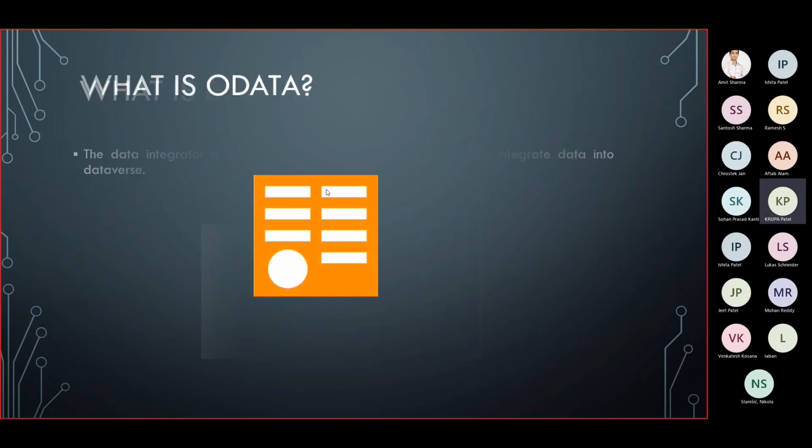So now we come to OData. But before we come to OData, there are a few things that we need to understand. First, we need to know what an API is. The term API stands for Application Programming Interface, as you are all aware. If I can explain it in one word, it is an interface. When you talk about an interface, it is basically a bridge or a common thing, or you can say a mediator, which talks between two different systems.